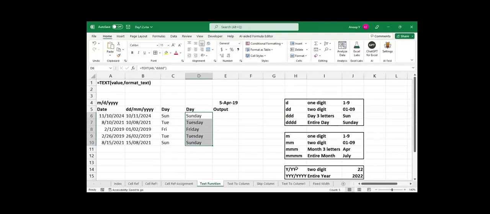And now in the year, if you write the single Y or the double Y, it will give the 2 digits. For example, year 2024. If I use the single Y or the double Y, it will give me 24. And if I write the triple Y or 4Y, it will give me the entire year as 2024. Okay. For example, from this A column date, in E column, I am looking for